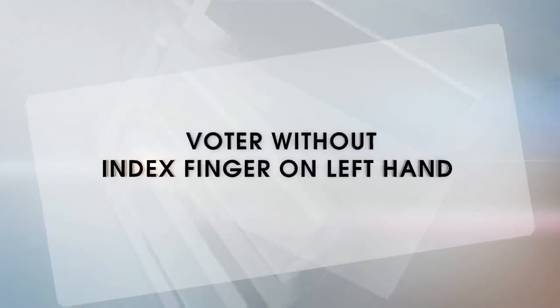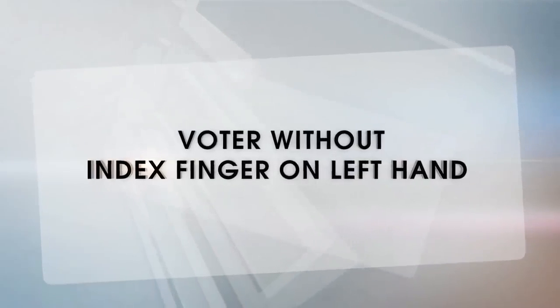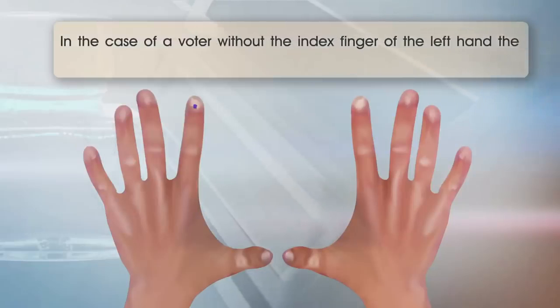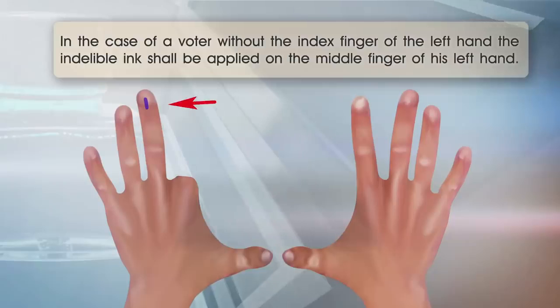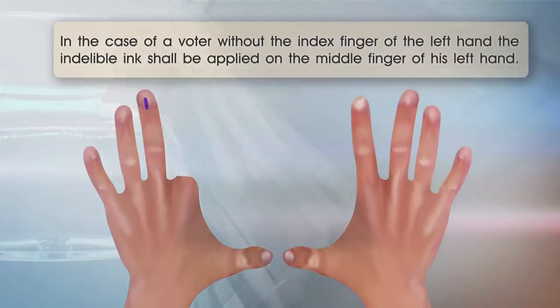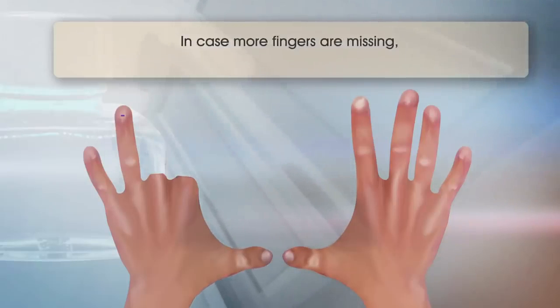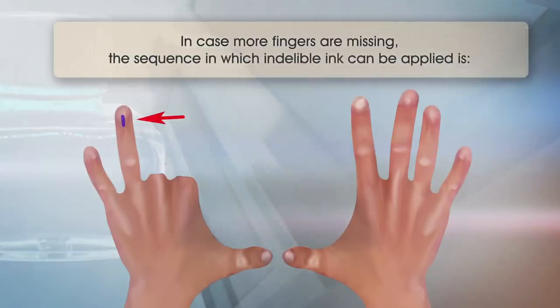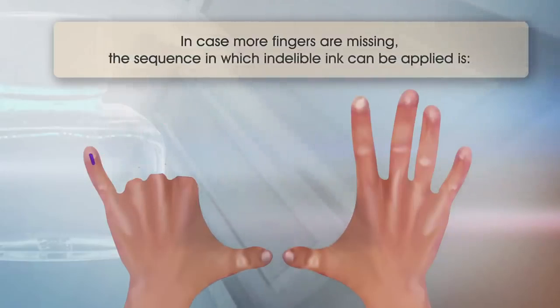Voter without index finger on left hand. In the case of a voter without the index finger of the left hand, the indelible ink shall be applied on the middle finger of his left hand. In case more fingers are missing, the sequence in which indelible ink can be applied is: